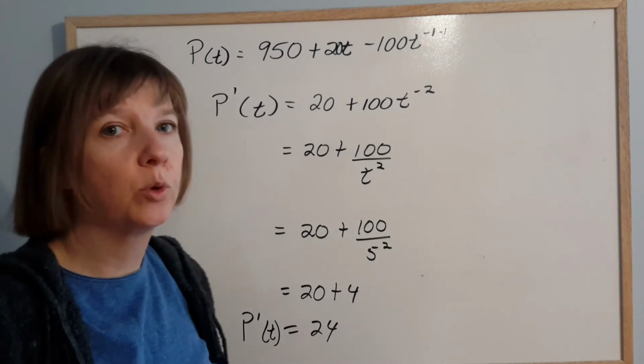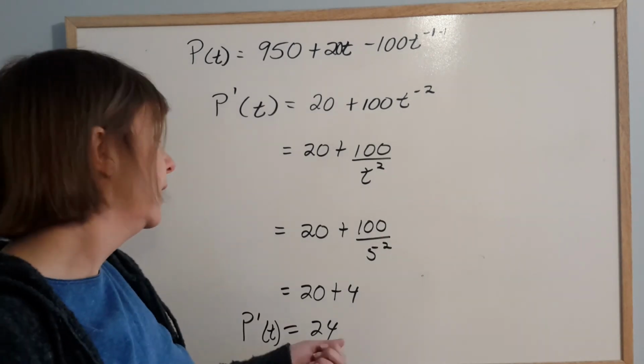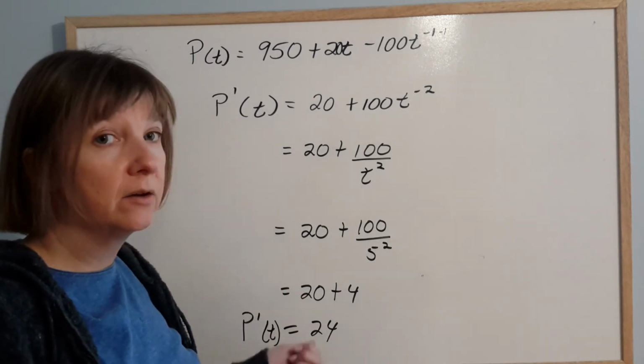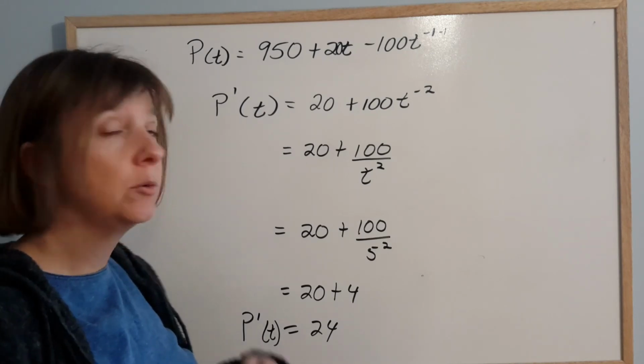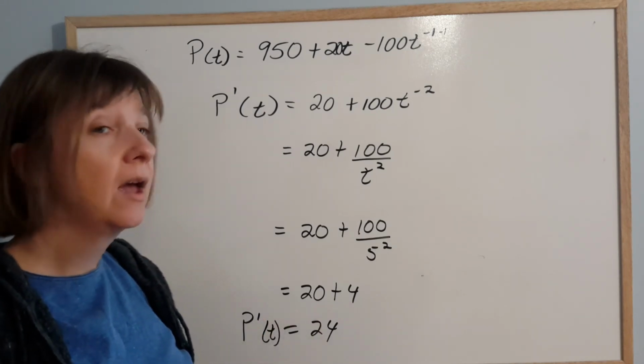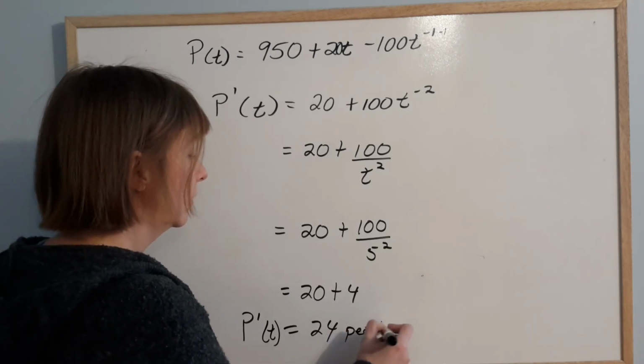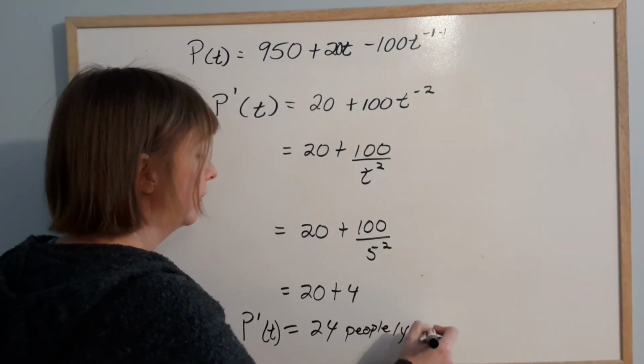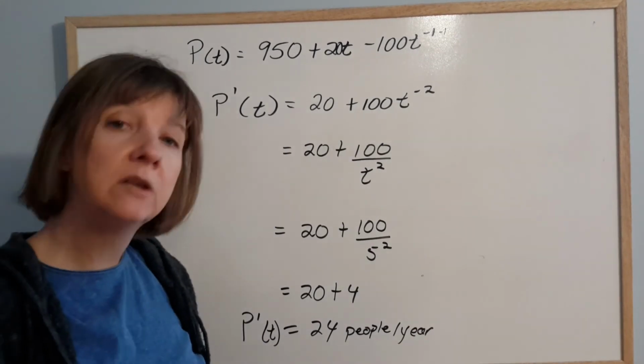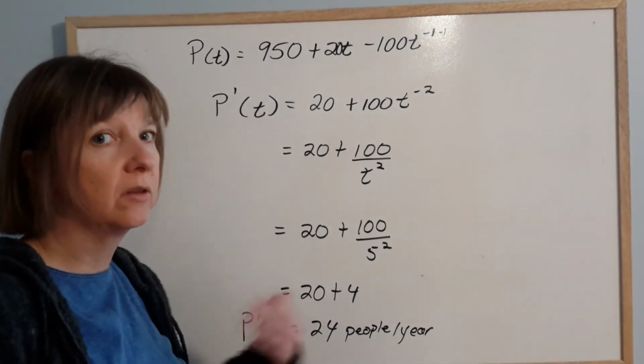That doesn't mean there are 24 people in the community. It means that the rate of change is positive, so the population is increasing, and it's increasing by 24 people per year. So obviously people are moving into this community because the population is increasing, or people